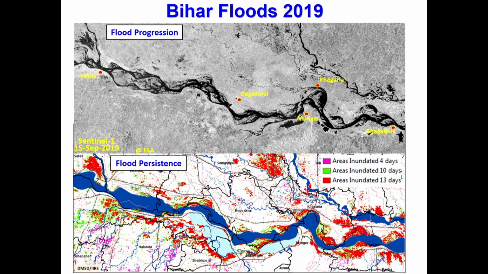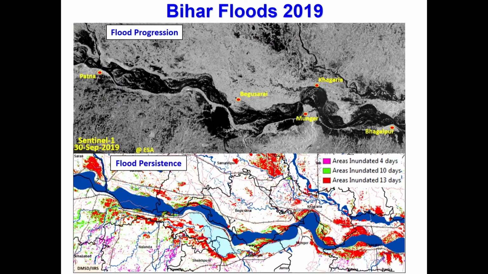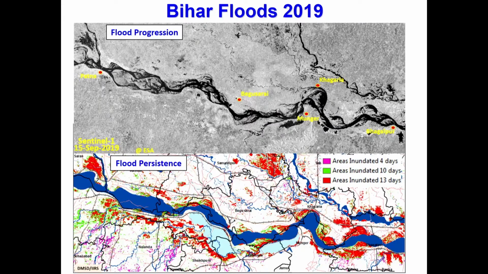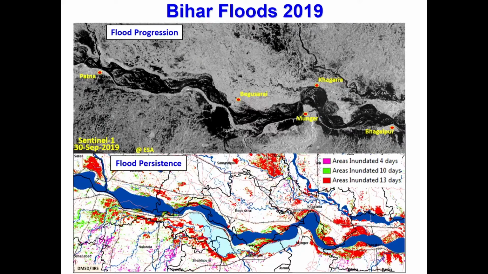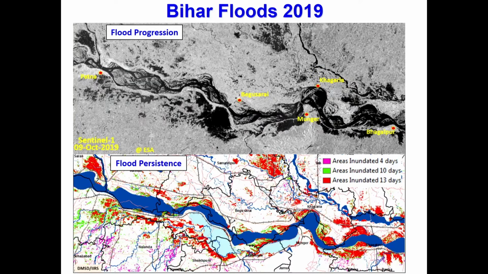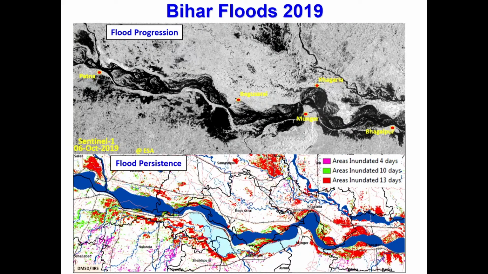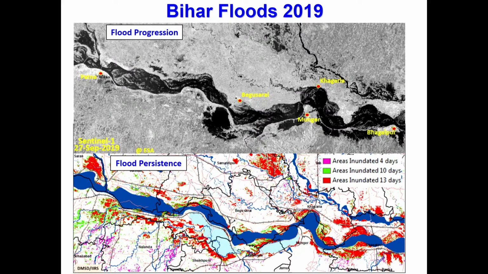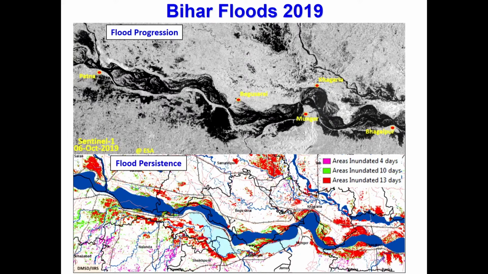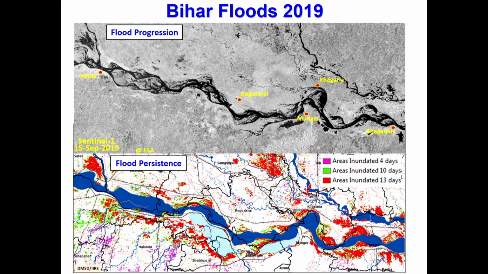So this is one example. It is active microwave SAR data, which shows how the floods are evolving temporally in parts of Bihar, on the river Ganga. And you can see in dry periods the entire image looks white, except in gray contrast, and the river appears in black contrast.